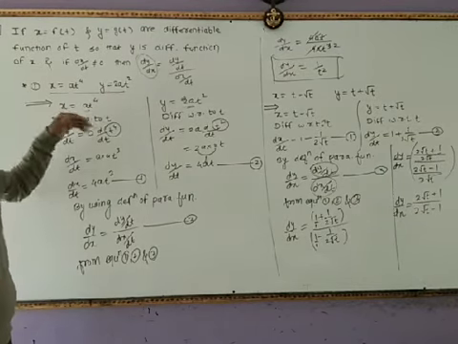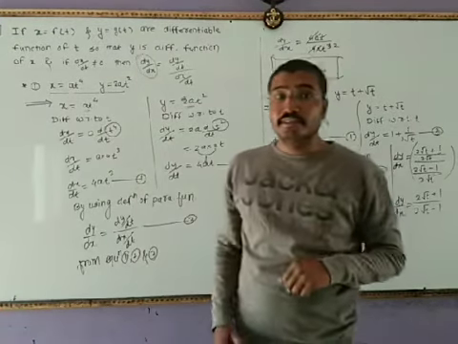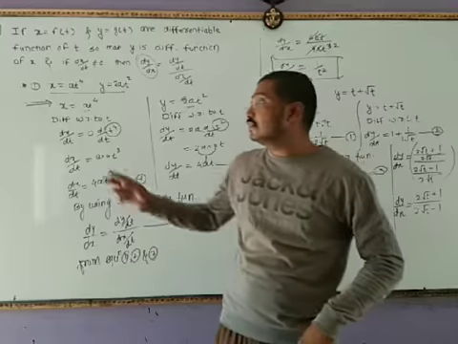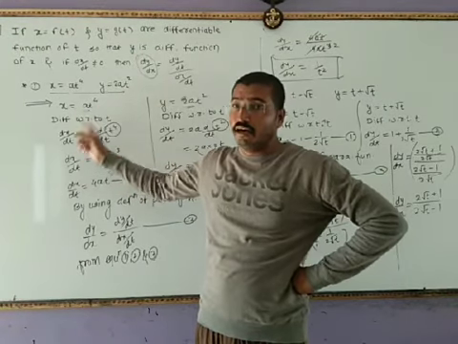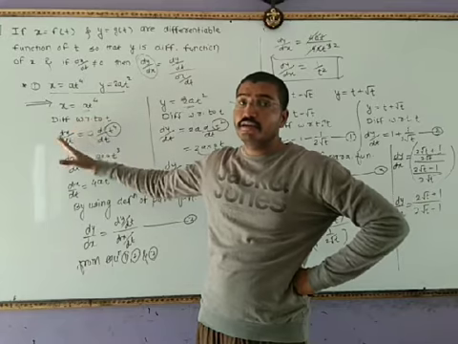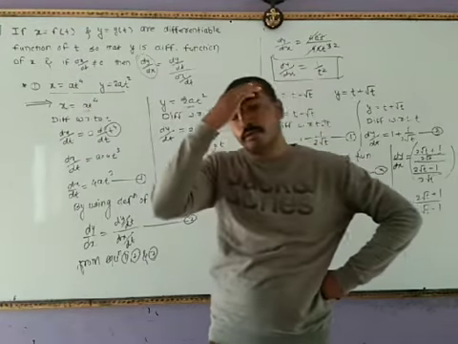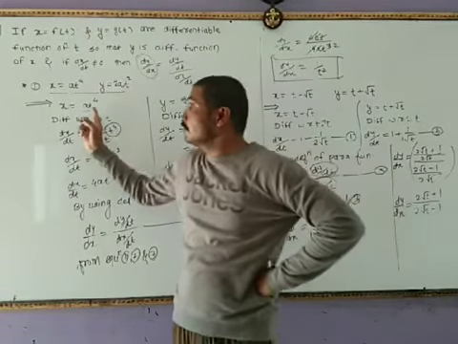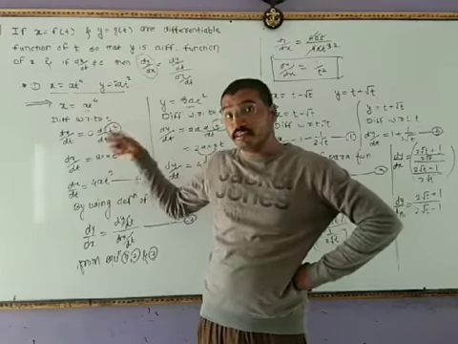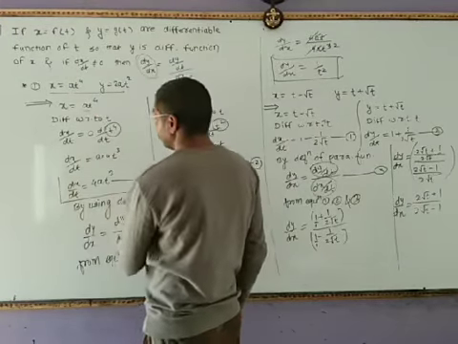I took x and differentiated it, x is equal to a t raised to 4. So differentiate with respect to t. We will get dx by dt. a is a constant, so take it in front, then apply the derivative of x raised to n, which is n into x raised to n minus 1. The derivative of t raised to 4 is 4t cube. So the required dx by dt is this.